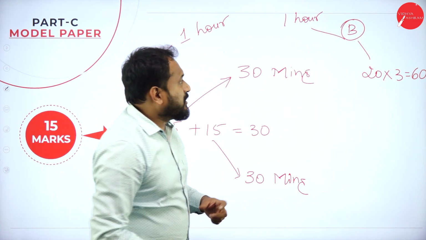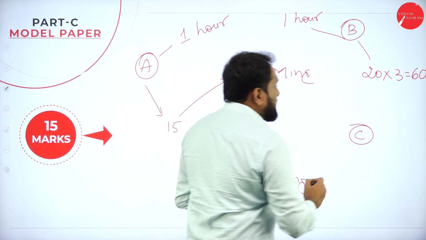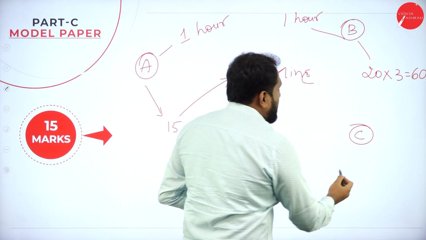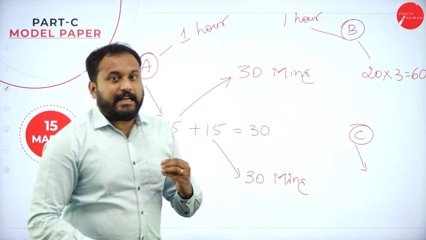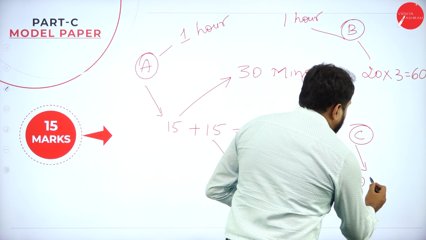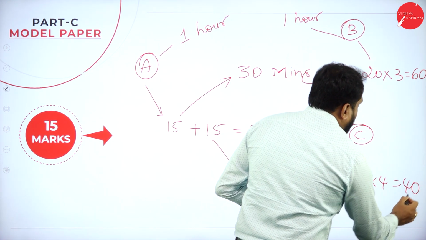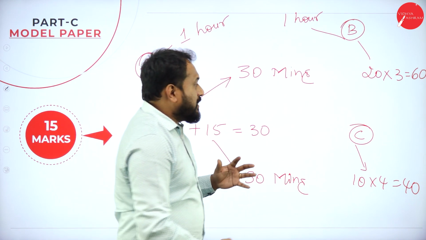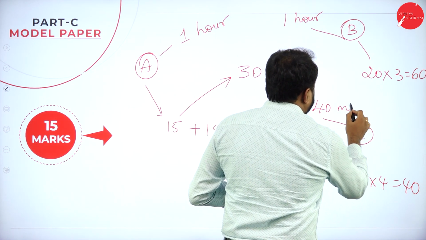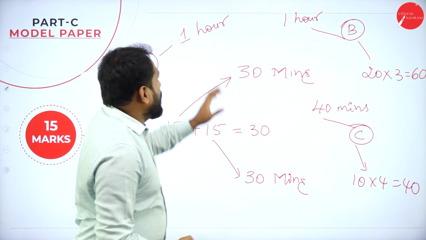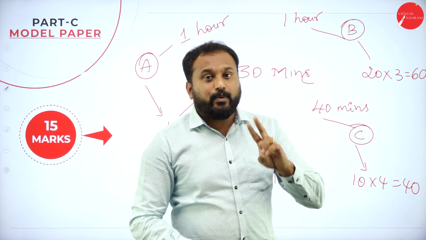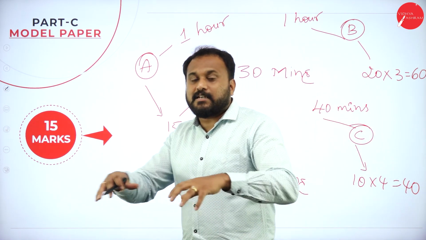Okay, done. Now, there is something called Part C. Part C is all about 5 marks, and you are supposed to write 4 questions. So, exactly when you go with this, spend 10 minutes for each question. So, 10 into 4 is equal to 40. That is 40 minutes you're going to spend. Now, understand here, for C you are spending how many? 40 minutes. So totally, if you calculate, 1 hour plus 1 hour is 2 hours, 2 hours plus 40 minutes is 2 hours 40 minutes. Still you have 20 minutes. That is a buffer time.